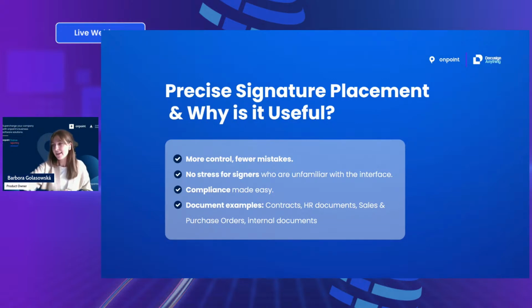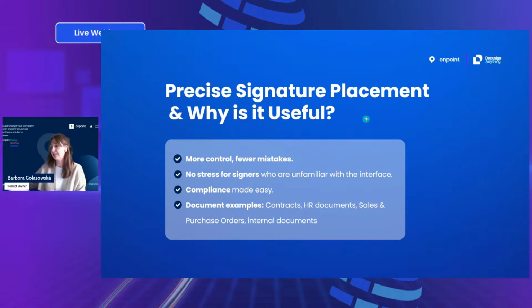With this feature, you can take your document, tell the system exactly where the signer should place their signature. And when they receive the document, they'll know immediately what to do without you having to explain a thing about